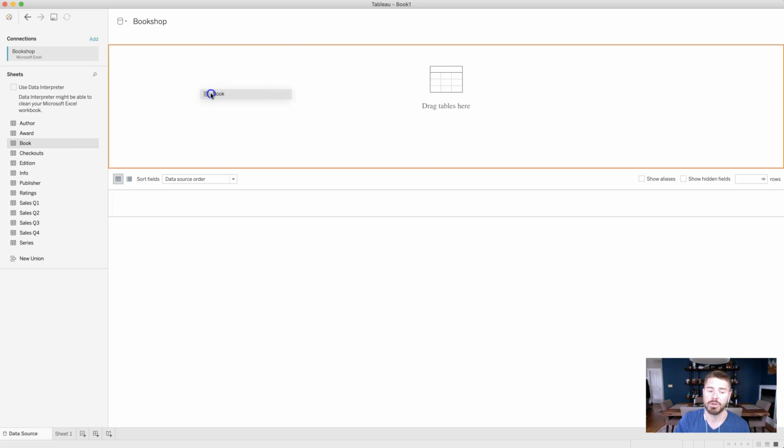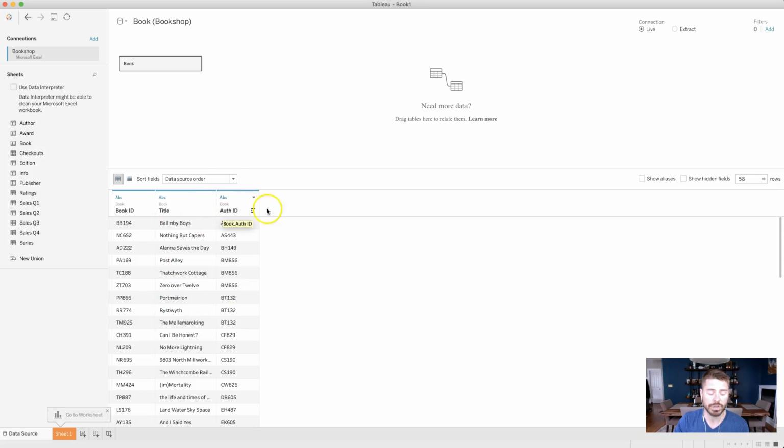So let's drag in book first. What you'll see is that you get a preview of the sheet itself, just as we saw in Excel. Now, if we just have this book by itself, we could make visualizations, but only about book. But oftentimes, almost all the time, this is not sufficient. We want more than that. So I think a natural place from a business perspective to start would be